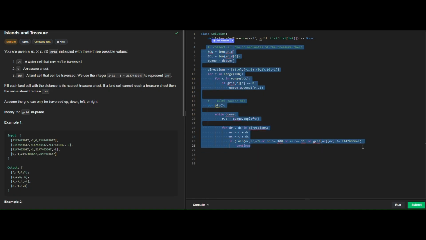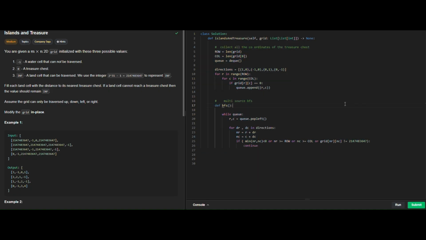We need to have the indentation, that's why. Yeah, it should be fine. So we are skipping on going negative values, and we are skipping if that goes out of bounds, and also we are skipping if the value is not infinity, which is the empty space or the